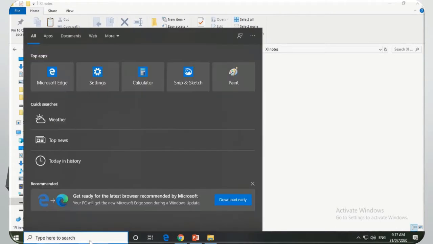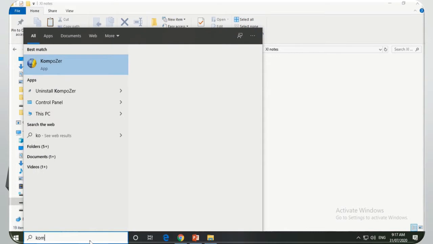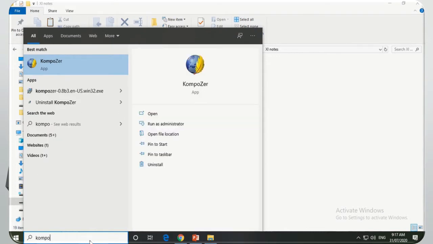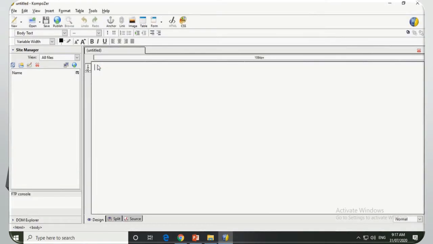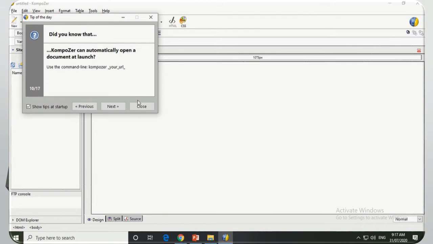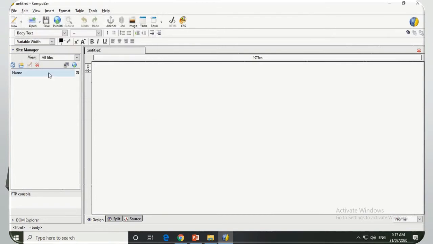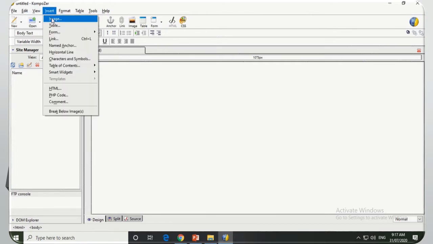The homepage of the website is the first page that opens when the user enters the URL address in the address bar of the browser. The home page of our website should list all the categories of the items that are available. Clicking on any one of the categories will take us to another web page showing the items of that particular category. To start with the designing of the home page, open Composer and create a new web page.